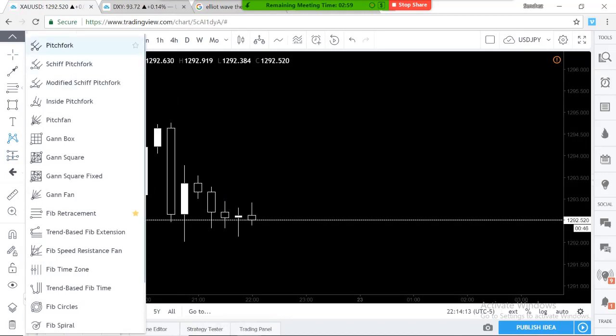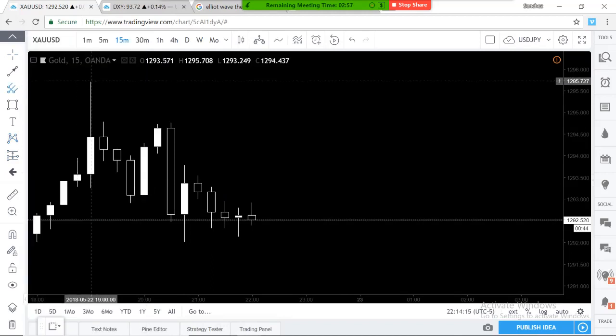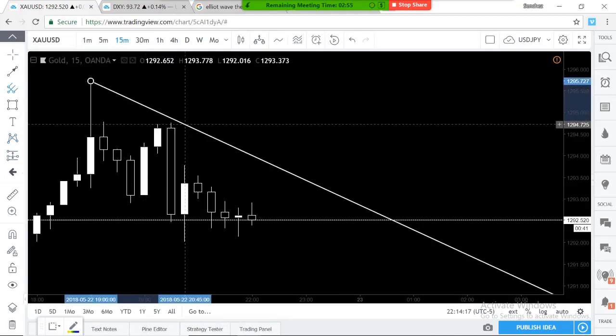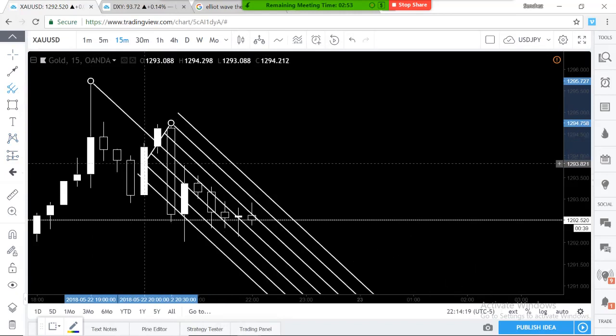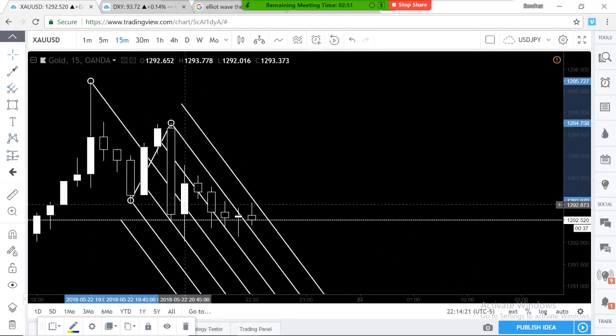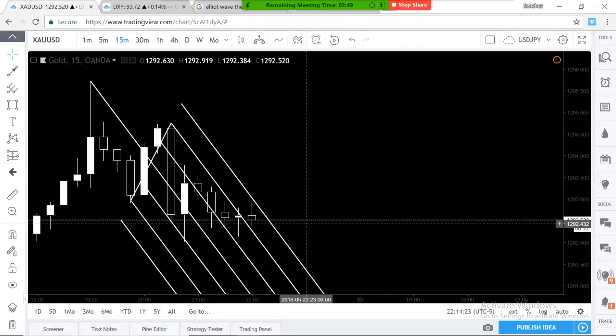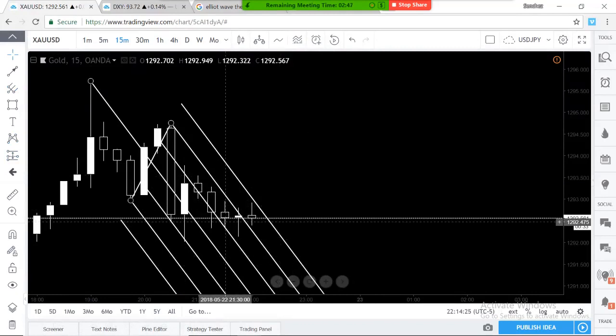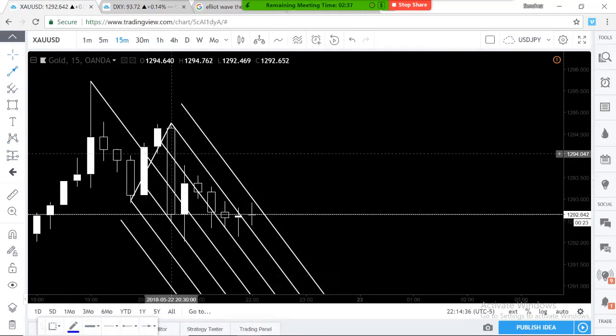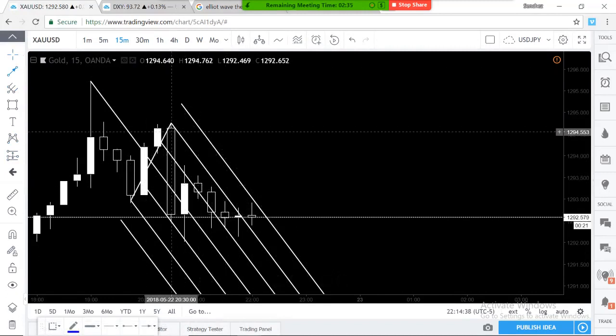Okay, top. This is how you do it. You have to pick a previous point. You pick a swing high, pick a swing low. Boom, look at that. Magic. I've never done that before. And look, it broke the downtrend, retested it. Now it's going to go up. If you don't see it, I'll try to draw it out. I don't have that much time. 2 minutes. So here we go.